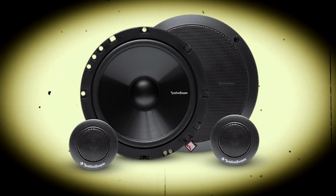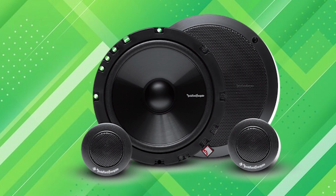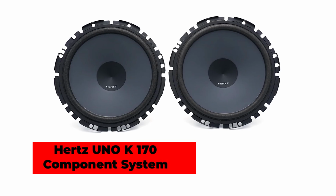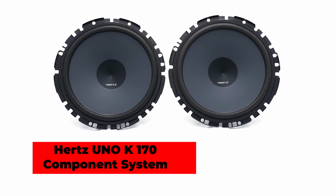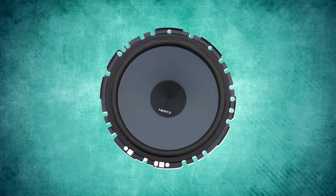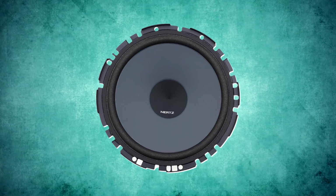If you want classic Rockford performance with real bass impact at an affordable price, the R1675-S set is an excellent choice. Now let's talk about the Hertz K170 6.75-inch component system. Hertz is well known for their natural sound tuning, and the K170 system delivers powerful bass with